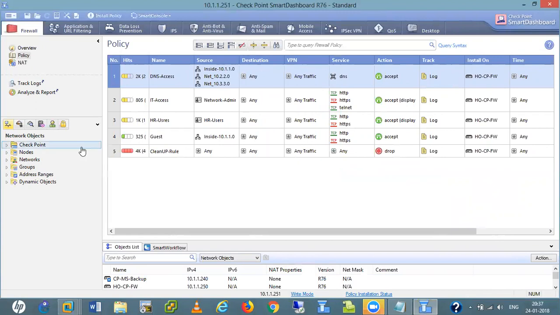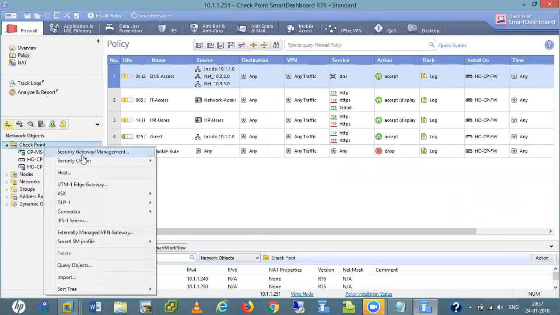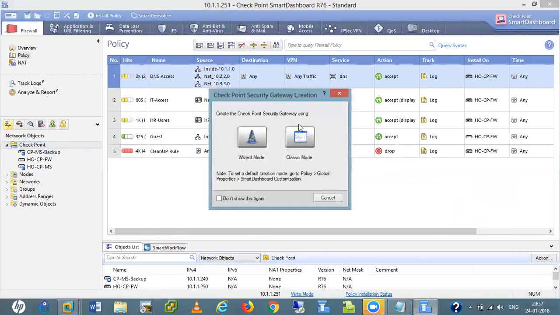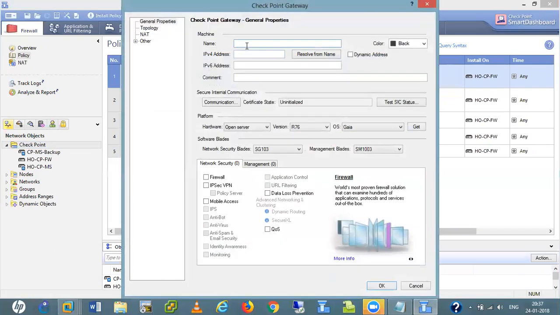So now I'm going to add my backup server, this log server here. In the checkpoint management server, everything we need to add on primary. If we are logged in on the secondary as active in write mode, then we can do these things on the secondary also.